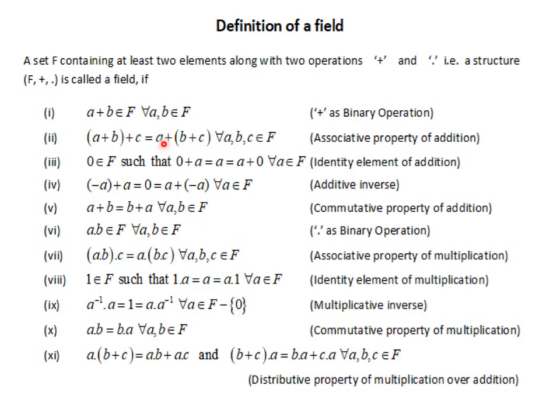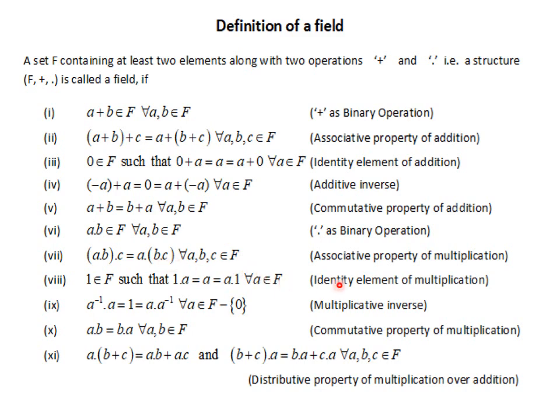And then the same five properties are there from 6 to 10 for multiplication. Like a plus b is now a into b belongs to F for all a comma b belongs to F, that is, dot meaning multiplication is a binary operation there. So if we have two elements of F and we multiply them, the result again comes as an element of F. Then if we multiply any three elements of set F in any order, the result remains the same.